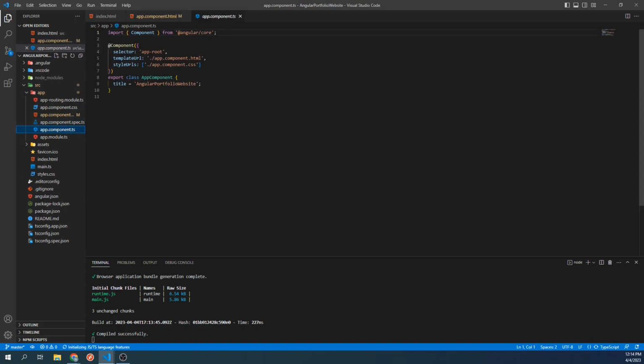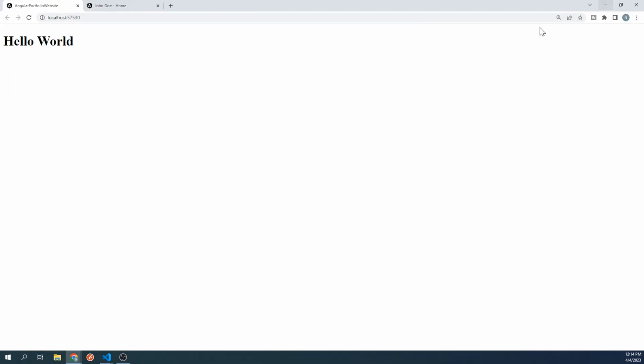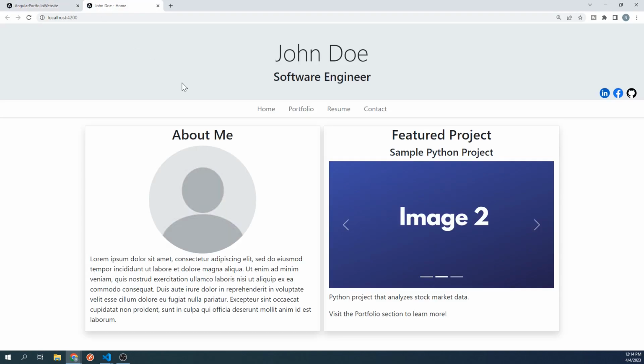The app component file is one of 3 files that makes up the app root component. Before we go further, let's talk about what components are in Angular. To keep it simple, an Angular component is what is used to build the different sections of a website. So for example, if we take a look at the finished portfolio website, every different part of this website is